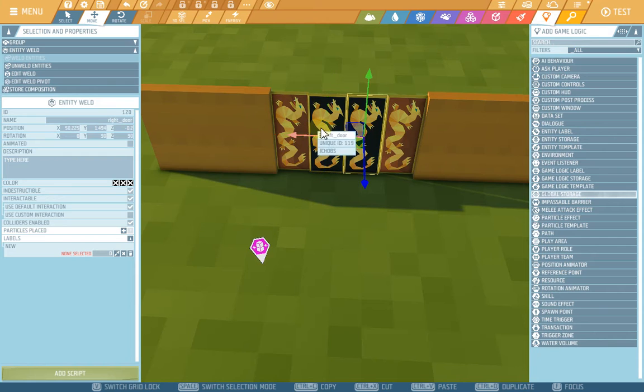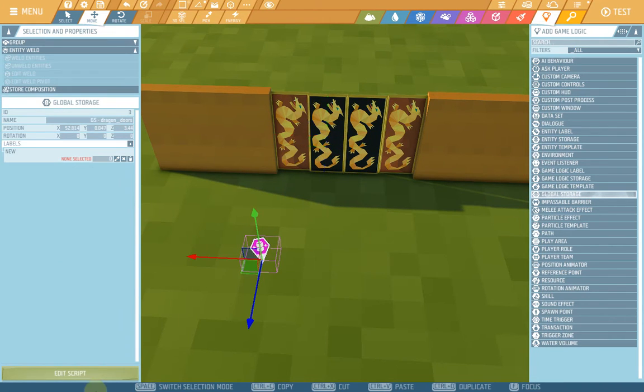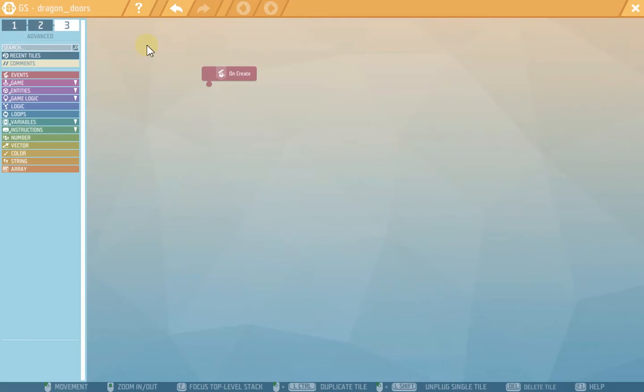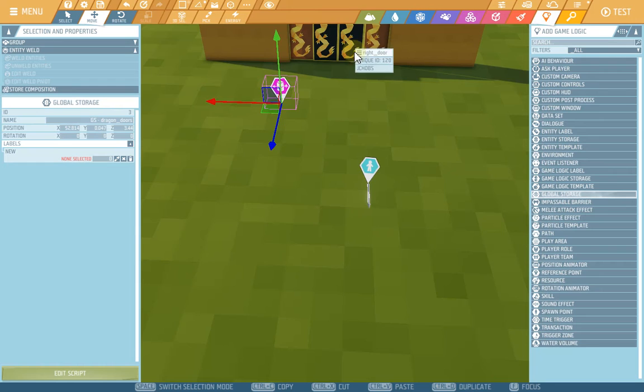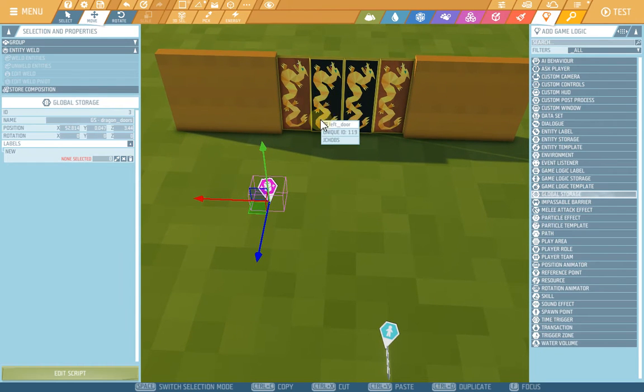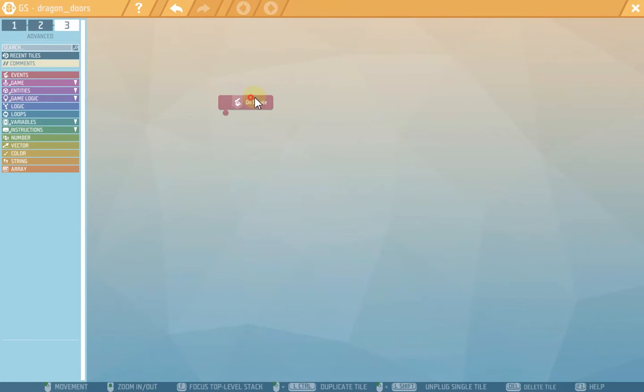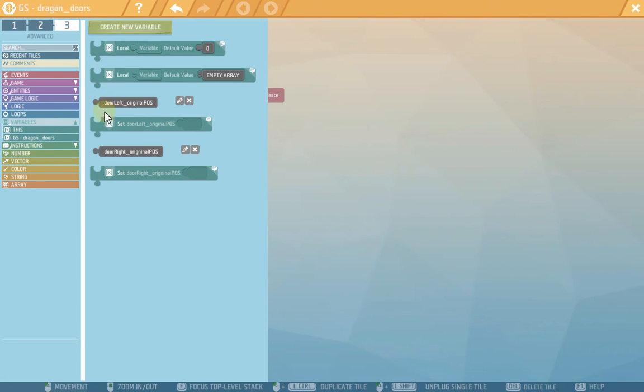So on create, we are going to set up the original position of each door, the left door and the right door. Okay, so let's go back to the global storage, click edit script, and on create, click under variables,